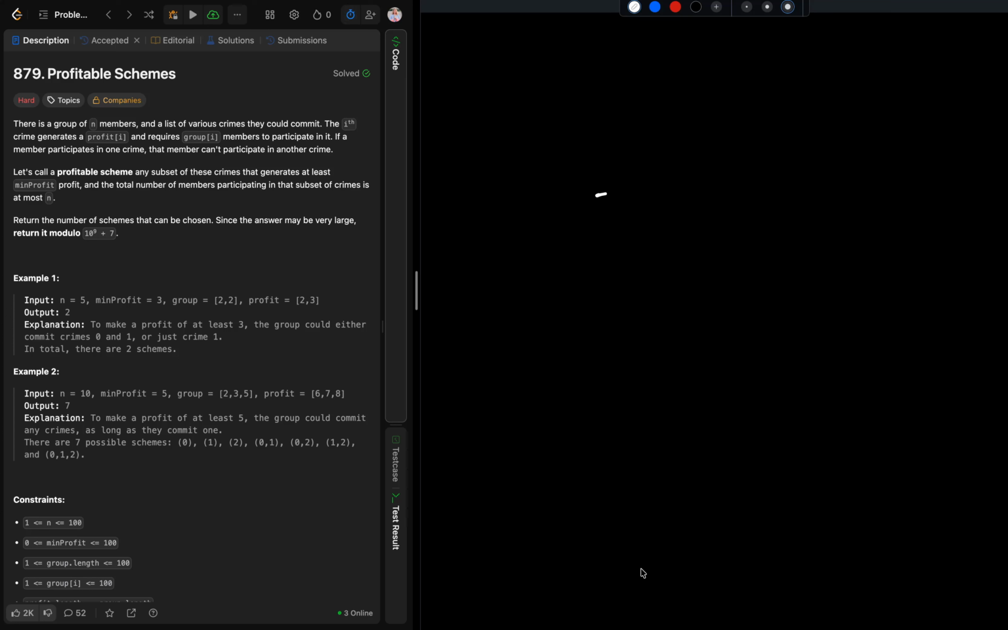Cool. So today I'm going to be solving this problem, LeetCode 847. I actually did this problem yesterday, but I couldn't get this solution. I asked ChatGPT what the solution was, and I'm going to attempt to explain it to see if I understand it. So there's a group of N members and a list of various crimes that they commit, and the